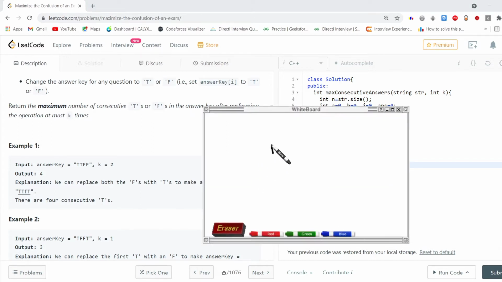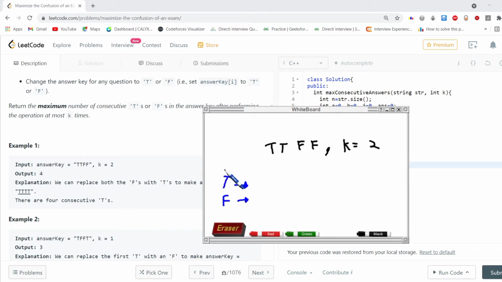Test case 1: T, T, F, F. Here we are given k as 2. We would like to either make the max substring having only T's, or the max substring of consecutive F's.